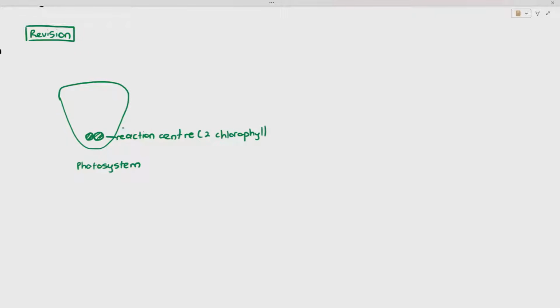For example, in this photosystem over here, it is made out of something called the reaction center, and the reaction center consists of two chlorophyll A molecules next to each other. And of course, chlorophyll A is not the only pigment inside the photosystem. For example, in this particular photosystem, I'm throwing out 3 other photosynthetic pigments of different colors, and these are known